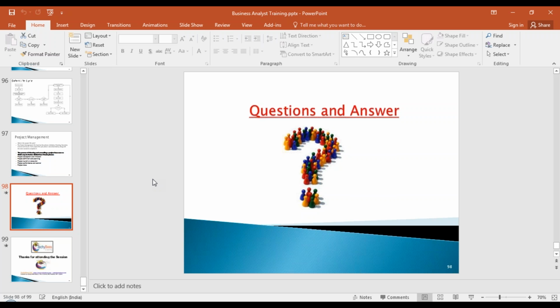Okay, difference between external customer and external stakeholder. No difference. A stakeholder is also called a customer. He is also called a user, end user, client. These are all names used. At times they are also referred to as a business sponsor because they are giving the business to you.